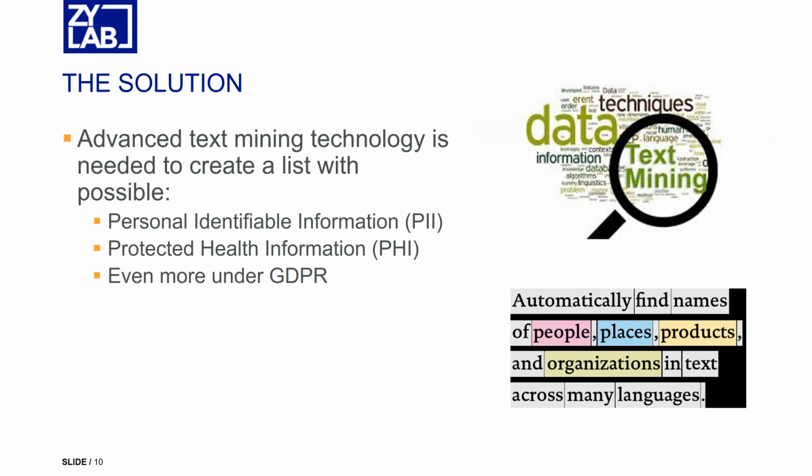The GDPR also takes that a step further. Under the GDPR, personal information includes data revealing racial or ethnic origin, sexual orientation, political opinion, religious or philosophical beliefs, trade union memberships, even the processing of genetic data or biometric data for the purposes of uniquely identifying a person. All of it is protected under the GDPR. So it takes the privacy laws that we have in the US and goes much further with them. So it's much more complicated to restrict your data in such a way that it complies